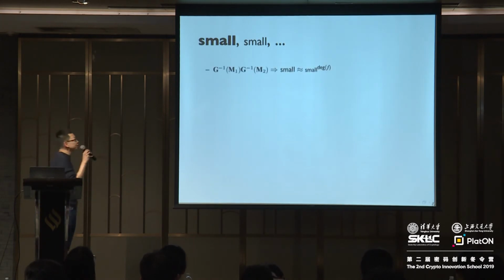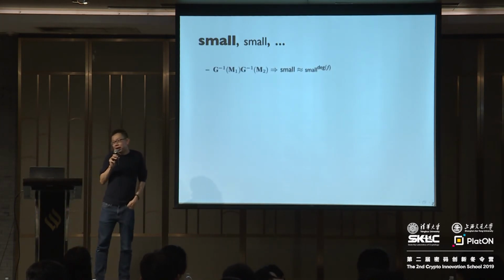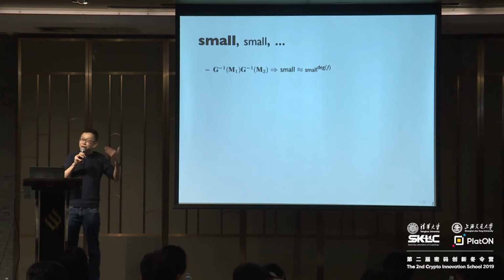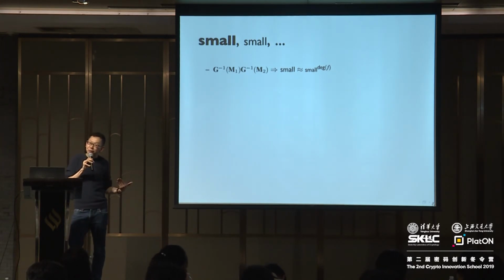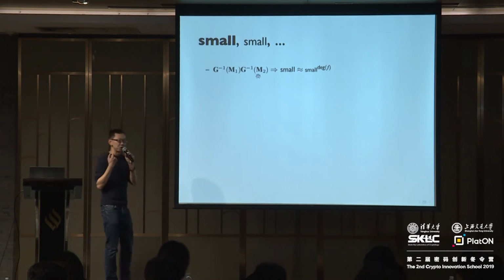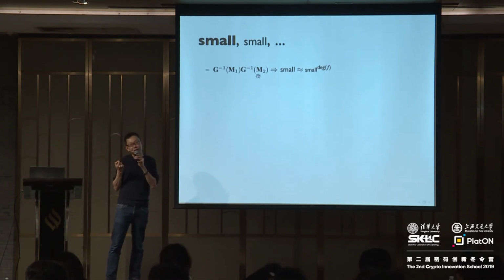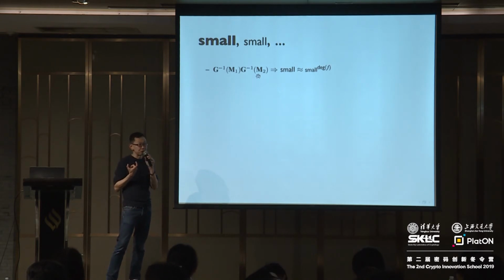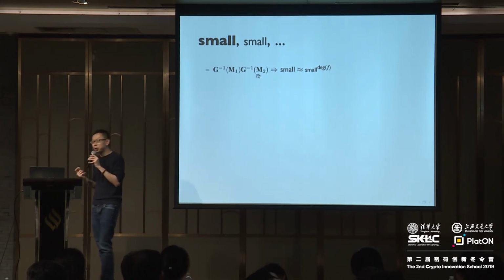Alright. So in our basic scheme, to make things small, what do we do? We have a matrix that's over Z_q. We make it small by taking the binary representation. So G inverse of M1 is a binary matrix, 0, 1 entries. Whenever we want to multiply two matrices together, we first take the binary representation and then multiply the binary representations together. Right? That's basically what we're doing.